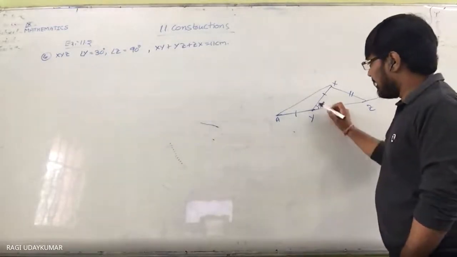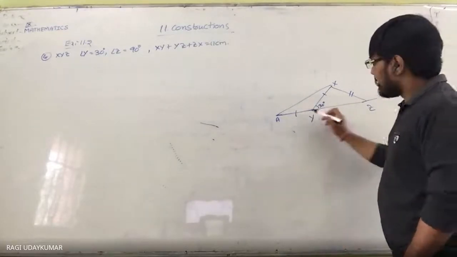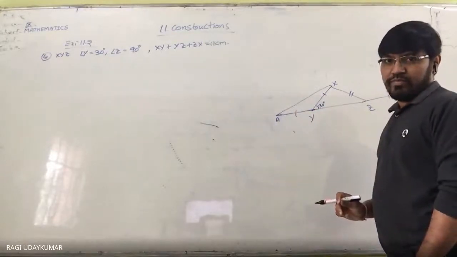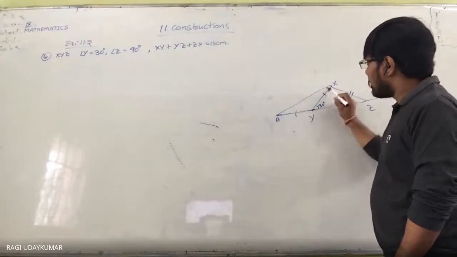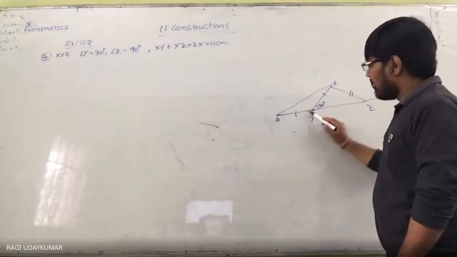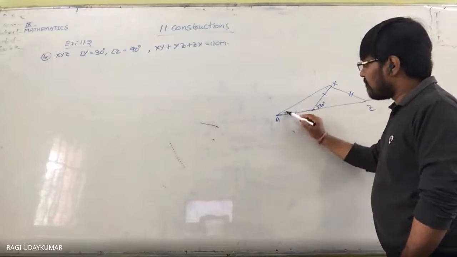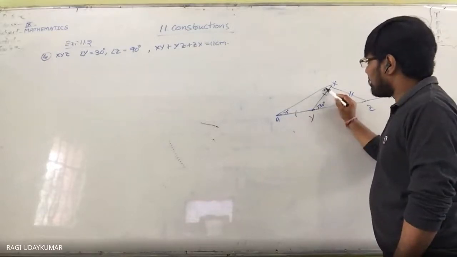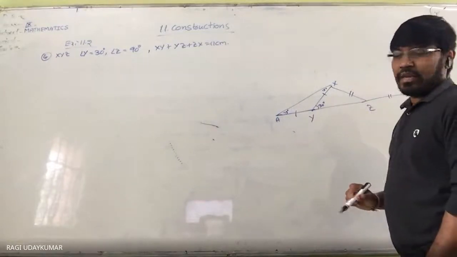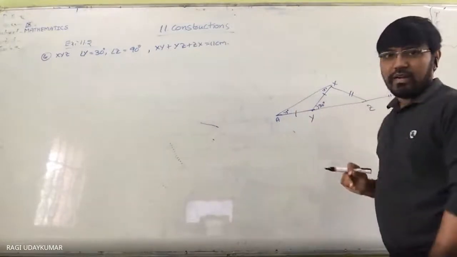So when Y is 30 degrees, this is an exterior angle. The exterior angle is equal to the sum of the interior opposite angles in this triangle, isn't it? And these two angles are equal, why? Because these two sides are equal. So that is nothing but 15 degrees. So here at 15 degrees you can draw the angle, half of the given angle Y.